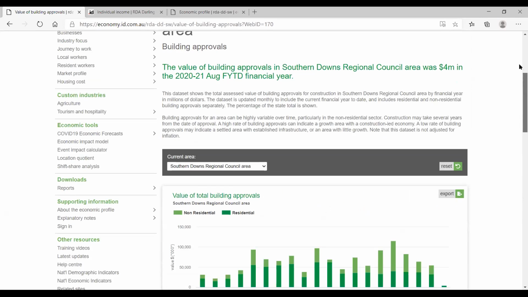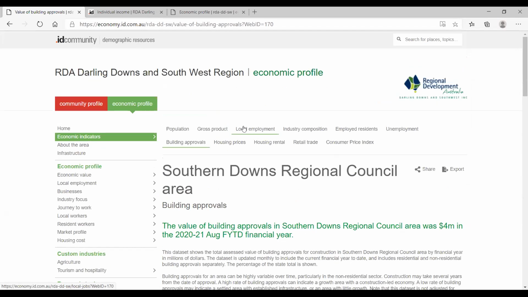So that's the 4 that I would look at. Gross product, local employment, tell me how we've performed over time. Unemployment is just something I need to know. You need to know that figure. Building approvals, because it gives me a snapshot into what perhaps we could expect moving into the future, particularly around